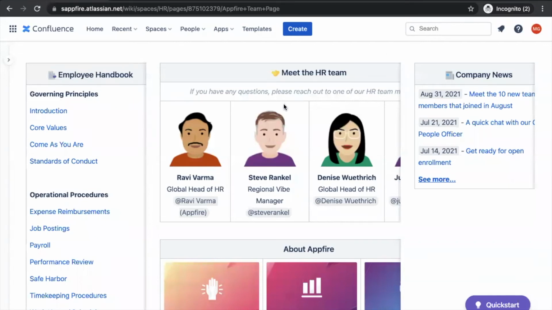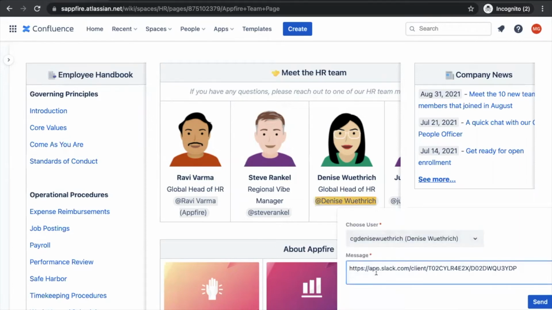Okay, now I want to show you some use cases of the app. So this first one, we're going to be showing how you can message directly a user from within Confluence to Slack. So what Marcin is going to be doing, we're logged in as Marcin actually, and he is going to be sending a message to Denise, who is our global head of HR, directly from our HR portal page in